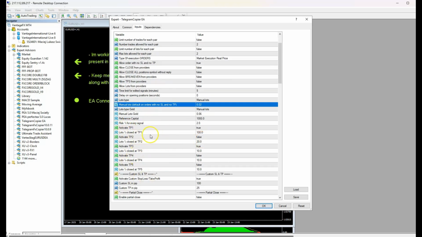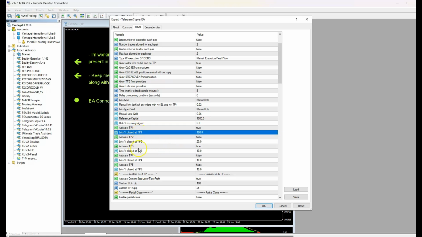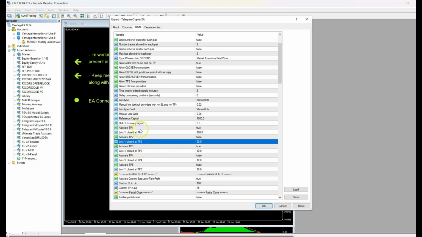One big thing here, if you copy somebody's signals and you can't be near the PC, then definitely you want it to run as safe as possible, because trust me, a lot of these providers, Ben and others, cut short the trades a lot of times, maybe not always, but a lot of times, and they don't even go to TP1. A lot of times they go to TP2 or whatever. If you have a solid provider that always goes to TP1, TP2, okay, go for it. But if not,